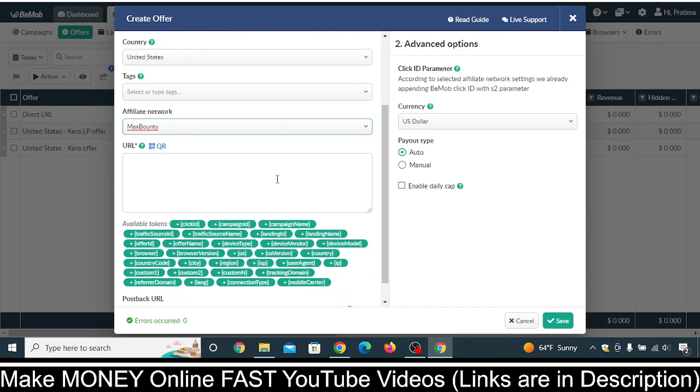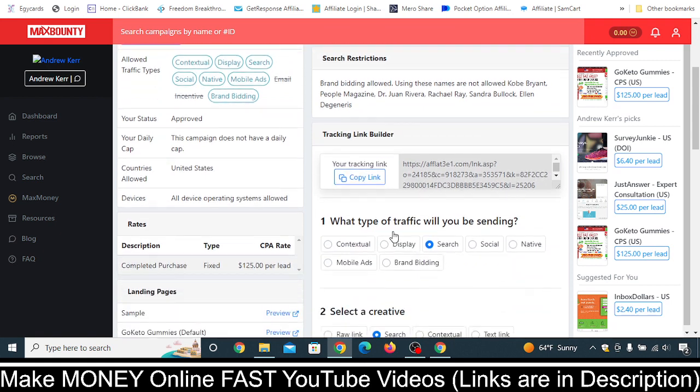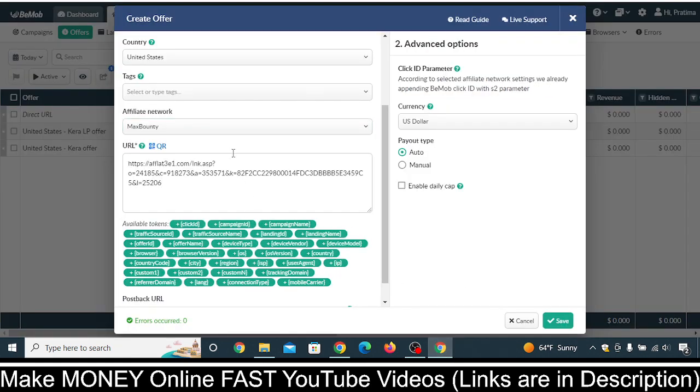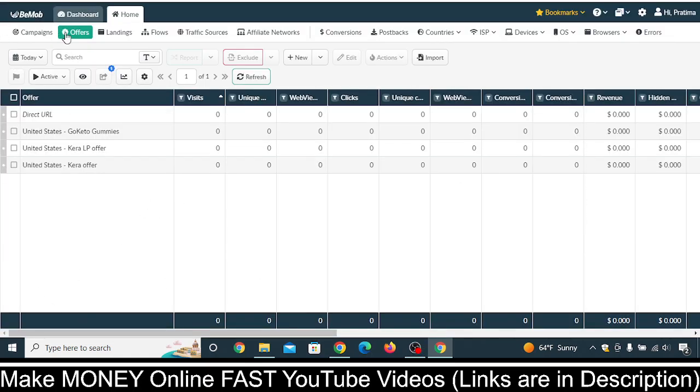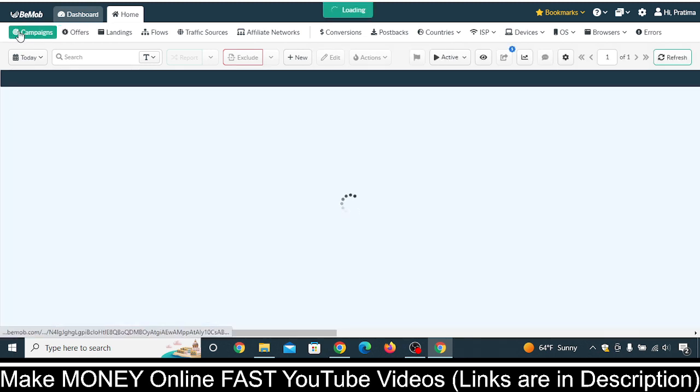So now here is the place where you need to put the URL of the offer, okay? So just copy this offer URL and paste it here, and you don't need to do anything else, okay? Just scroll below and click on save. So now the offer is also saved. Now go to this campaigns,